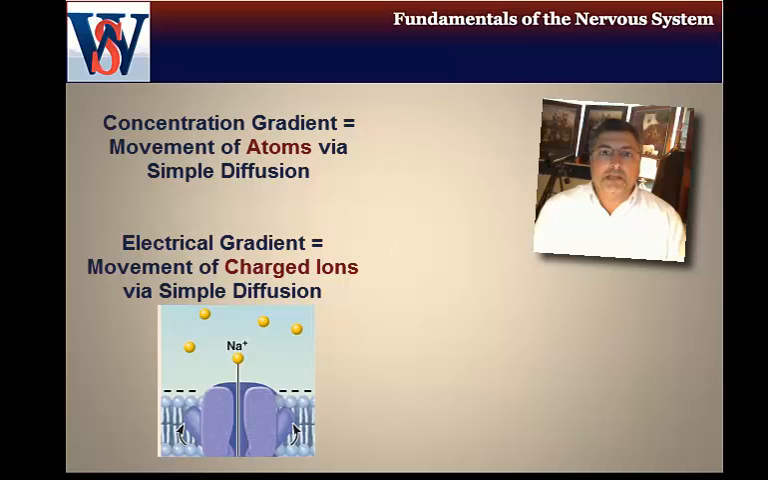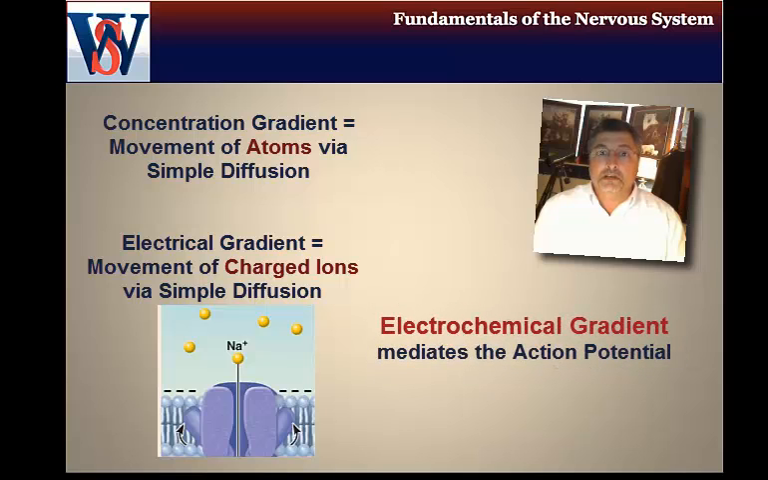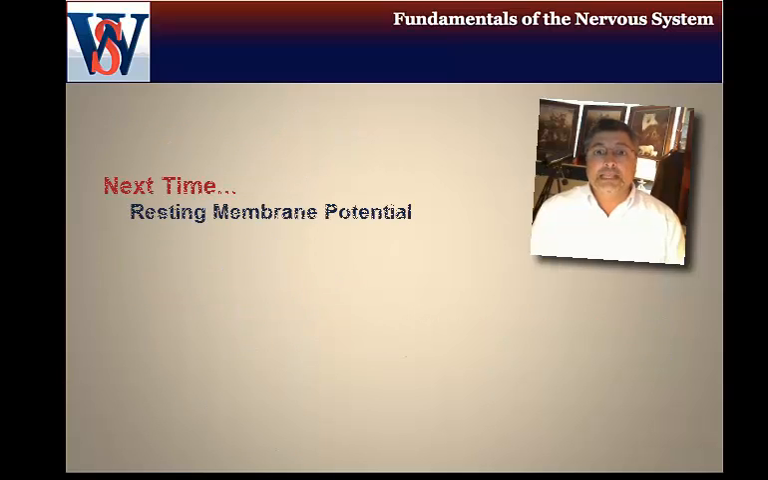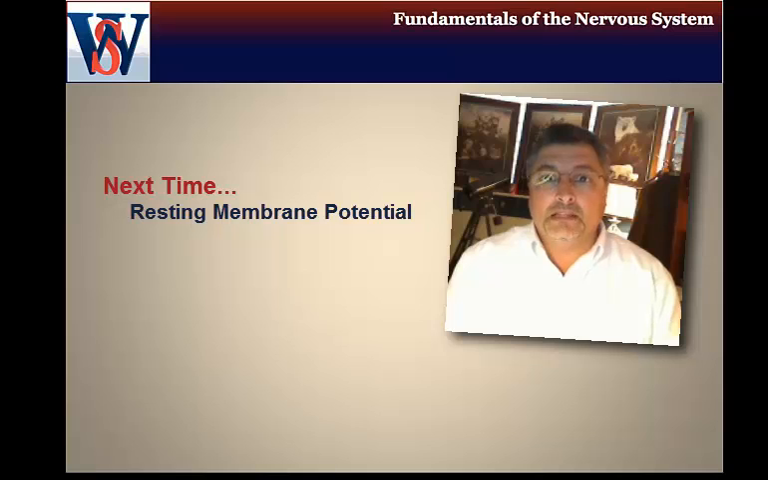So when we're talking about action potentials and other things, we really are talking about two phenomena that are occurring: a concentration gradient as well as an electrical gradient. We put those together and we say we're talking about an electrochemical gradient that mediates the flow of ions and the effect of the flow of the ions across a plasma membrane. We'll talk about resting membrane potential next time and hopefully apply a little bit of this